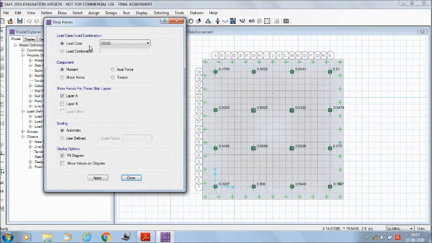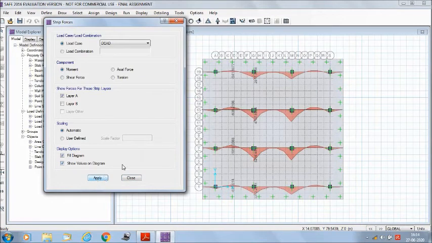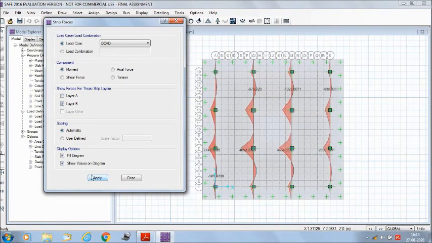Here the movements in the layer A or layer B directions can be seen. So if we move the cursor, at every point we can see the movement values. Similarly for layer B we can check the movement values.